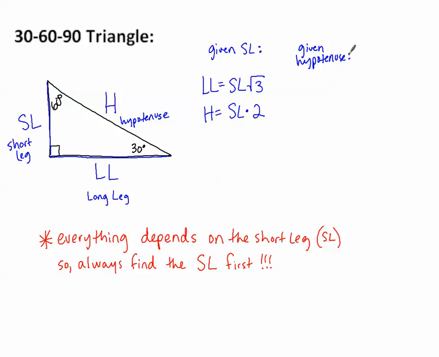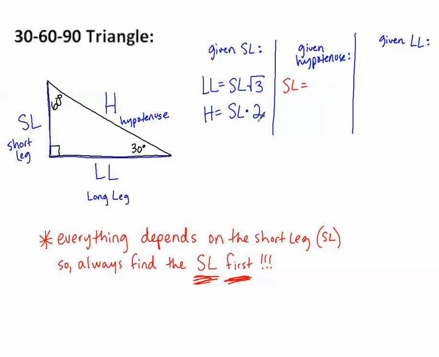Okay, we're going to do 3 scenarios: given the short leg, given the hypotenuse, and then finally we'll talk about what happens when you're given the long leg. So given the hypotenuse, you always remember, always want the short leg first. So if I want my short leg,